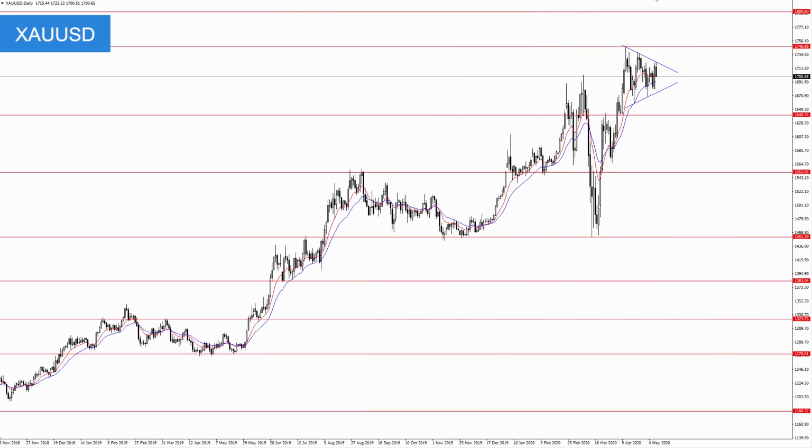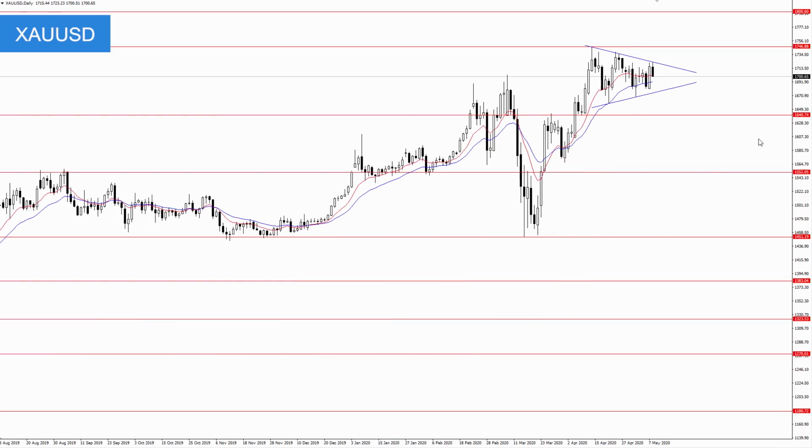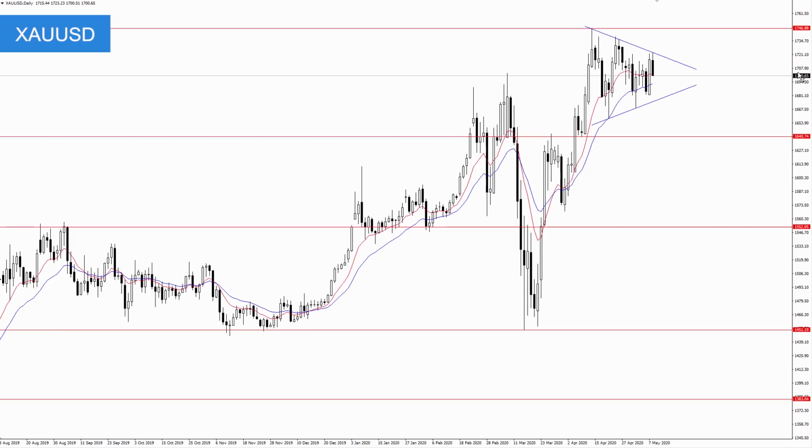Gold, or XAUUSD, is another market that's in consolidation. So we've seen a big run up here over the last few years, and we also had this pullback here due to the volatility, which was essentially a liquidation event, and then we got that immediate snapback to 1750. Now, ever since that time, you can see where gold has formed what appears to be a wedge pattern that also represents consolidation. So right now, what I'm looking for is either a close above this wedge or below it,